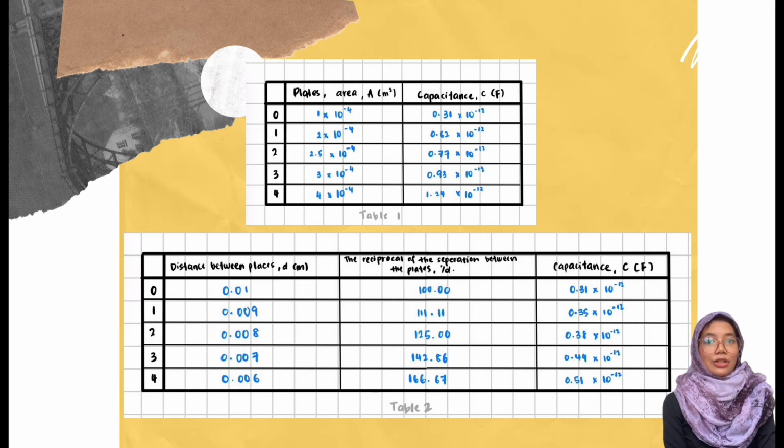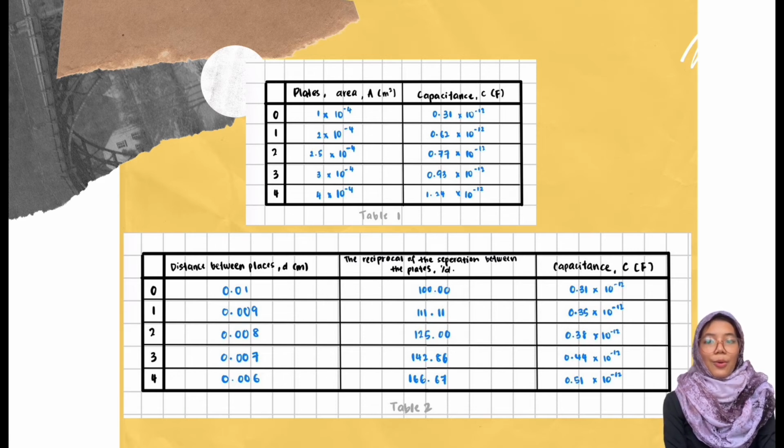C for 0 is 0.31 times 10 power of negative 12, for 1, 0.62 times 10 power of negative 12, for 2 we got 0.77 times 10 power of negative 12, for 3 we got 0.93 times 10 power of negative 12, and for 4 we got 1.24 times 10 power of negative 12. And that's for table 1. For table 2, we got distance between plates D. So for 0 is 0.01, for 1 we got 0.009, for 2 we got 0.008, for 3 we got 0.007,